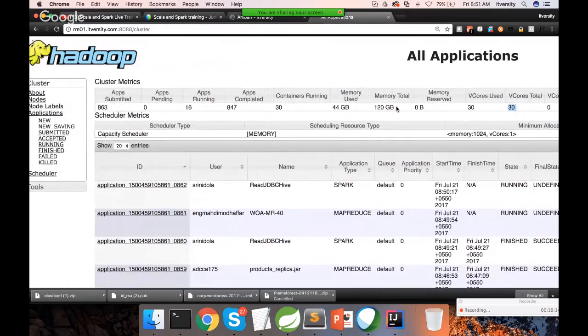Okay. So we have 120 GB memory and 30 virtual cores. Maximum we can run 30 parallel tasks at any point in time in the cluster. We cannot go beyond that. There is a multiplier to that. I think if we give 30, it can go up to 60. But once you start giving more than 30, there can be some contention for the resources and the performance might